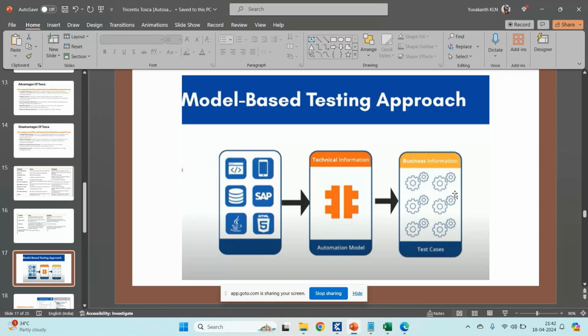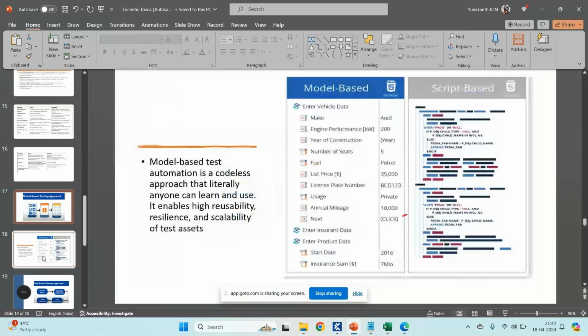So this is all about the model-based test approach. If you see how the model-based test approach works, you just give the inputs, and whatever information you are giving is called business information. And if you see Enter Vehicle Data, so this is something